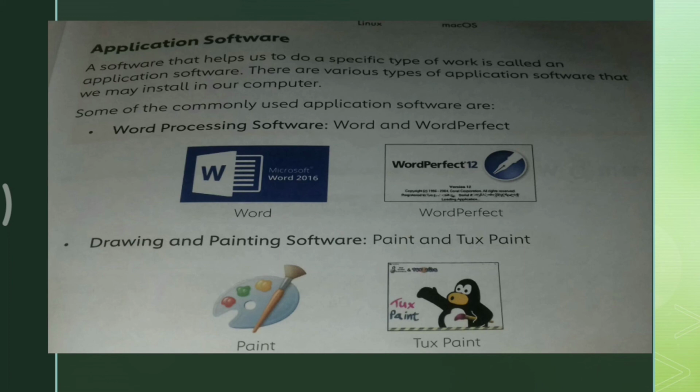Software that helps us to do a specific type of work is application software. There are various types of application software that we may install on our computer. Applications are an important part of the computer. We install different applications to use the computer as we want. We install many applications for use, and where it is used in the software of the computer. A specific type of work is done in